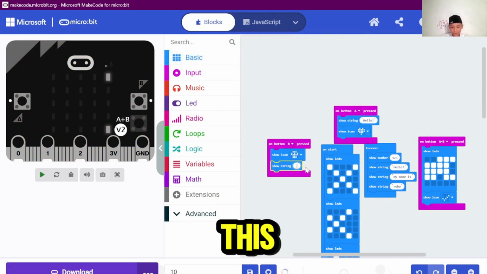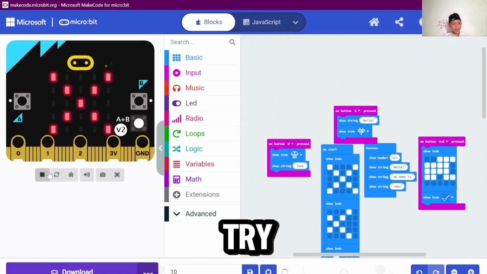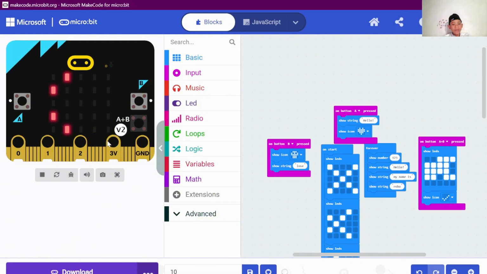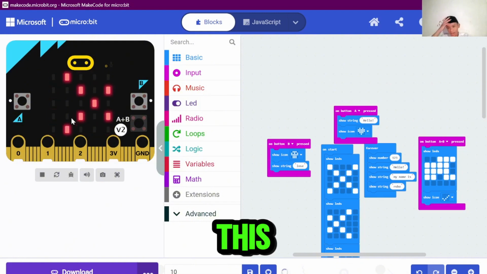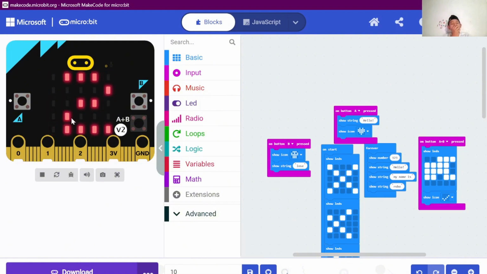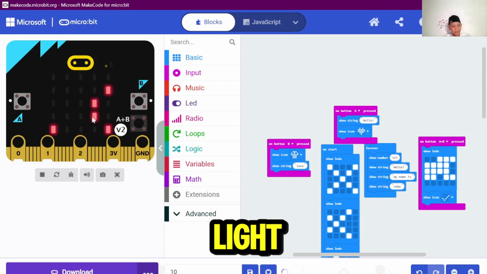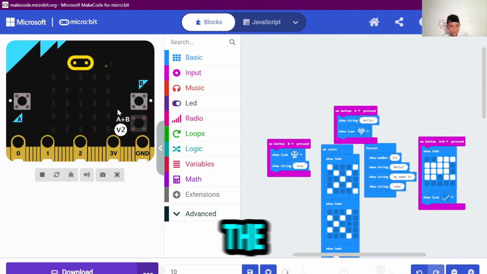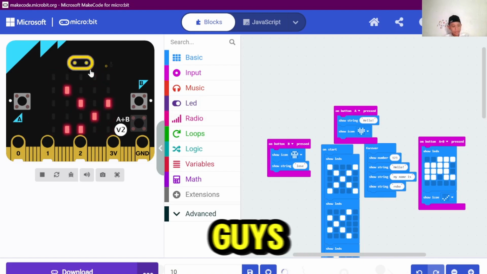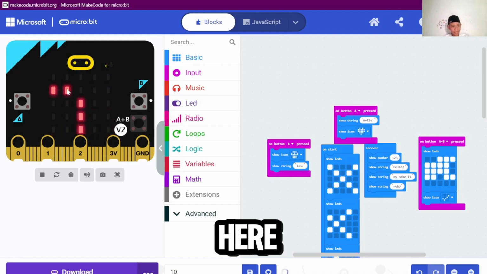Okay, like this. Let's try. You guys can see. And this letter like that. Oh, there is text, right? The light running text. The name is running text. You guys can see in here. Good, right?